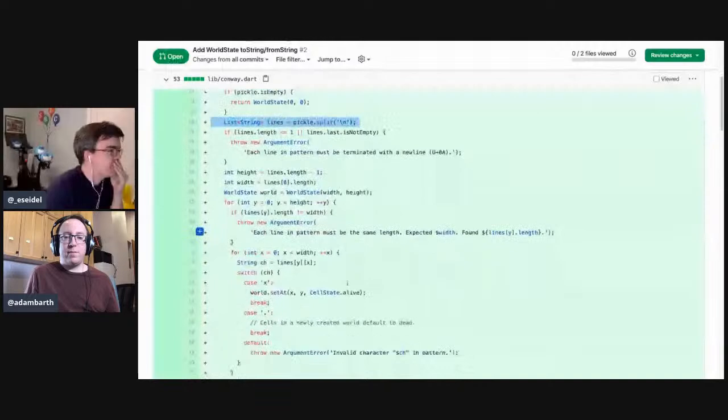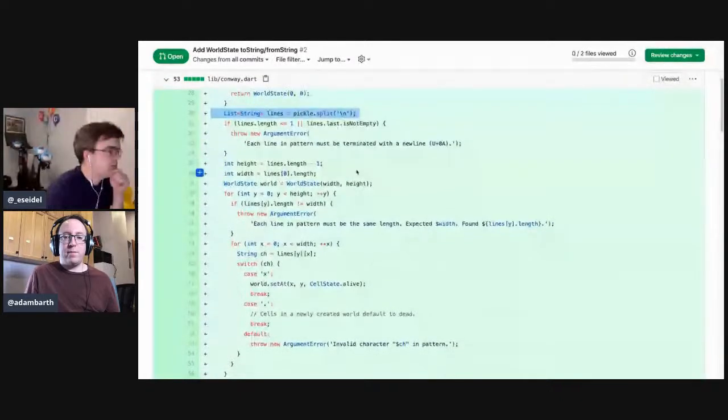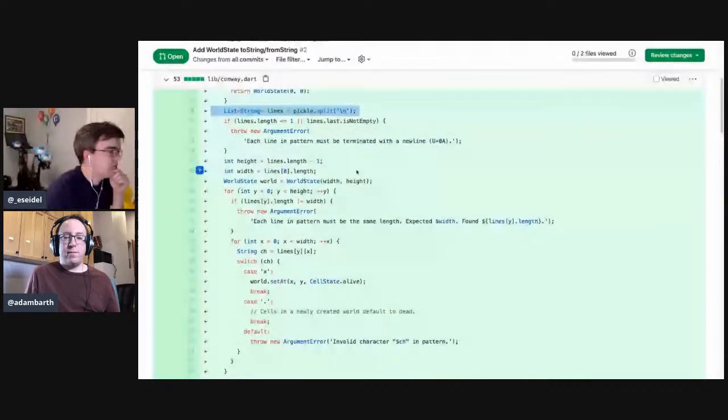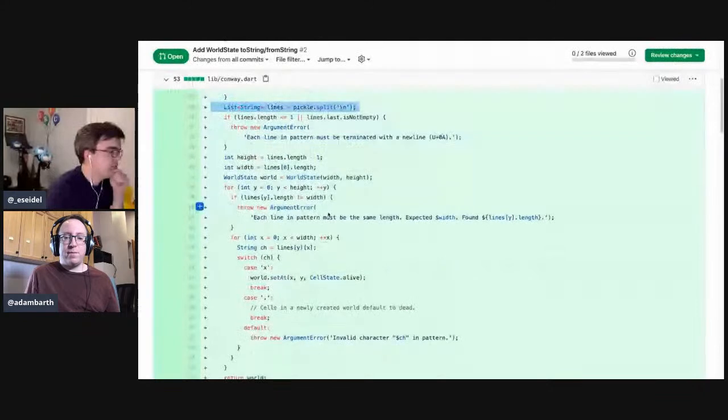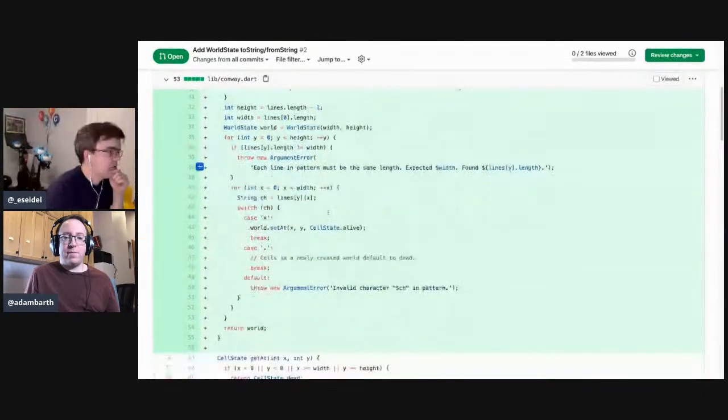Okay. Last line is not empty. Each line in the pattern must be terminated by a new line. Okay. Height line. Okay. Okay.